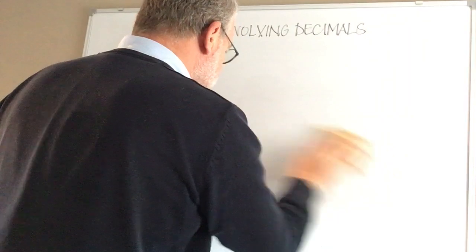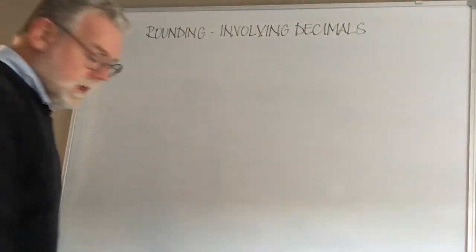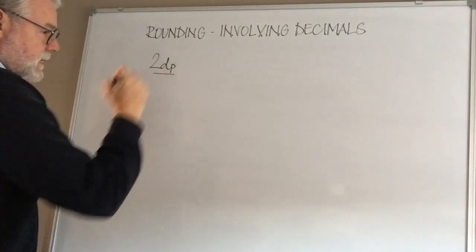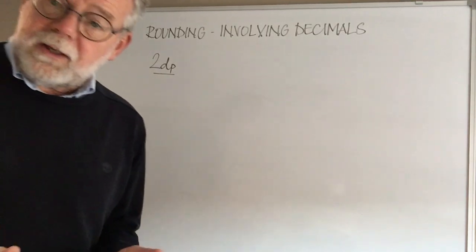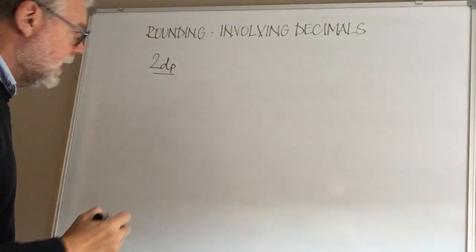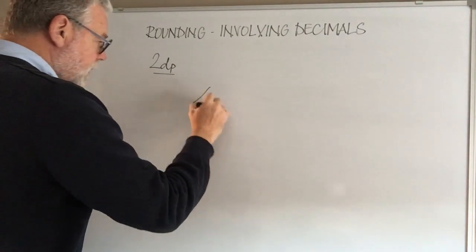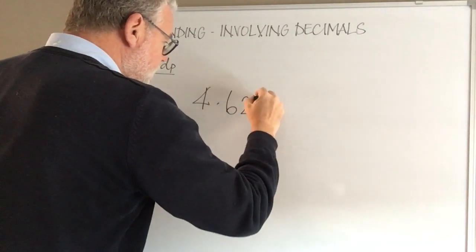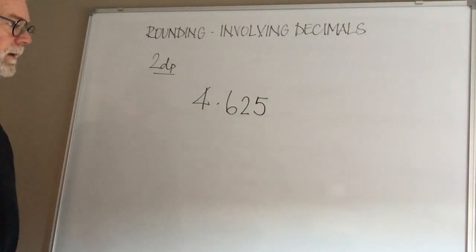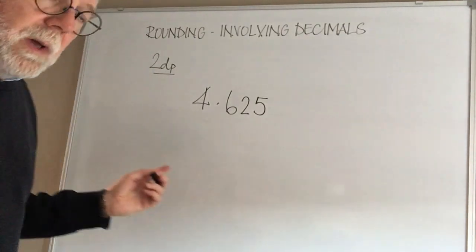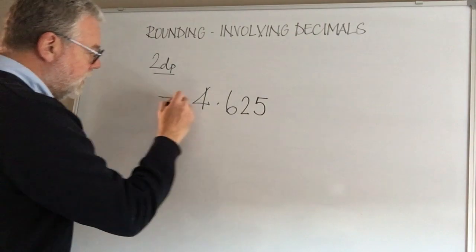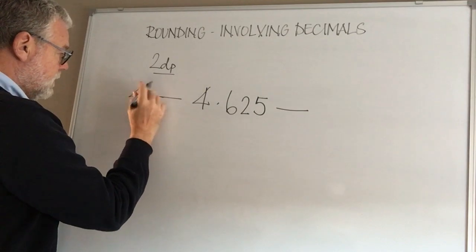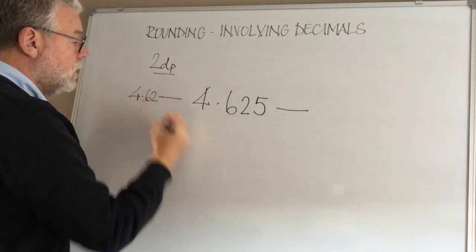Now, the next challenge might be that sometimes the question will say, give your answer to 2 decimal places. Well, that simply means that this time in our answer we need to have 2 decimal digits. So let's have a look at something like 4.625, and I'm being asked to round that to 2 decimal places. So I've got to have 2 decimal places in my answer. So let's think about what our options could be. Well, it could be 4.62, or it could be